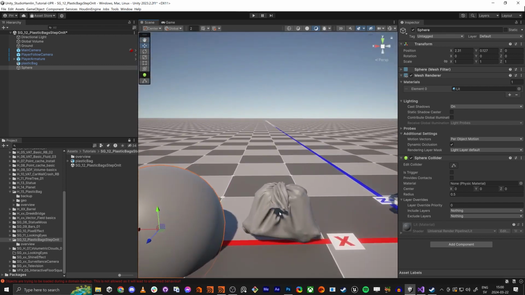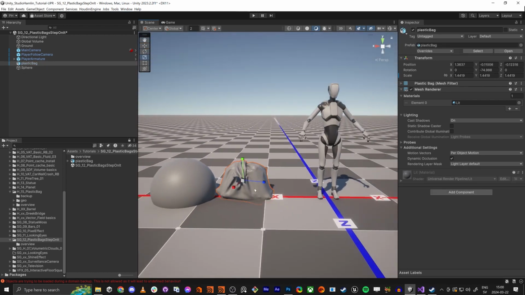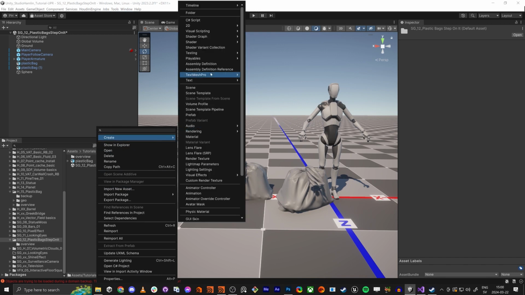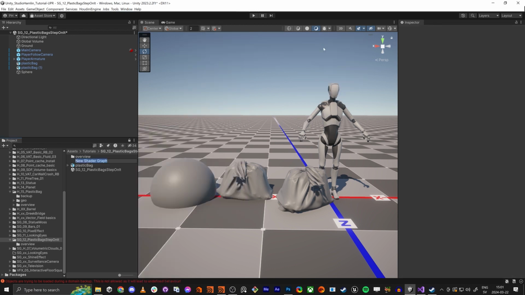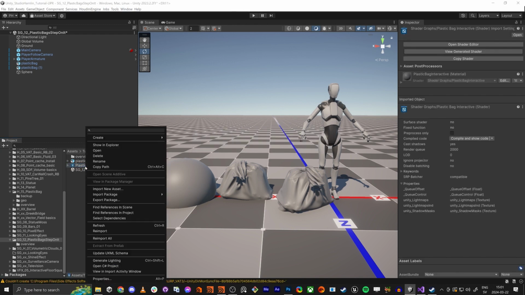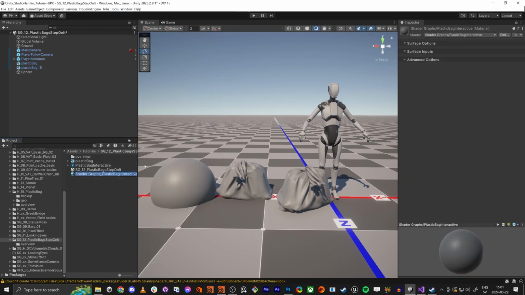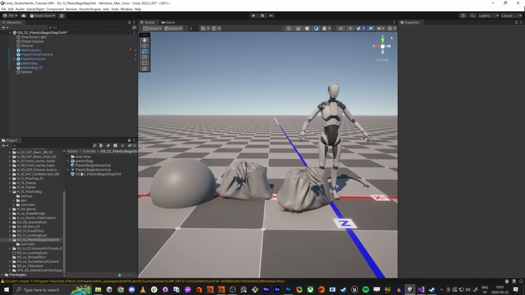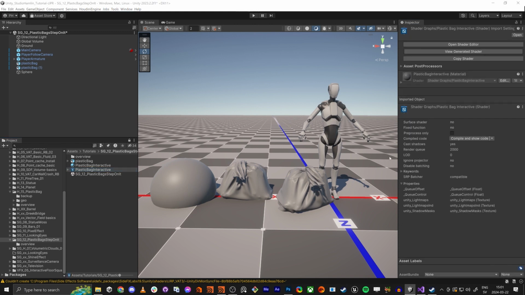First off, let's do the material. I'm using a URP Lit Shader Graph, and I'm going to name it plastic bag interactive. Then we create a material here with the same name, and I'm going to select these three and place that material on them. So if we go into the shader,